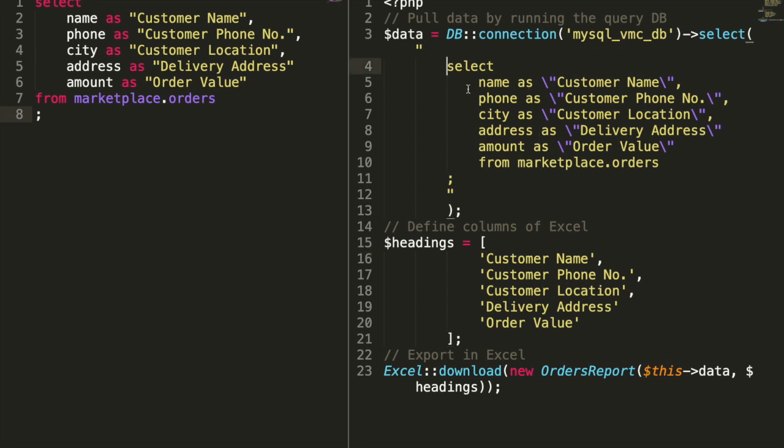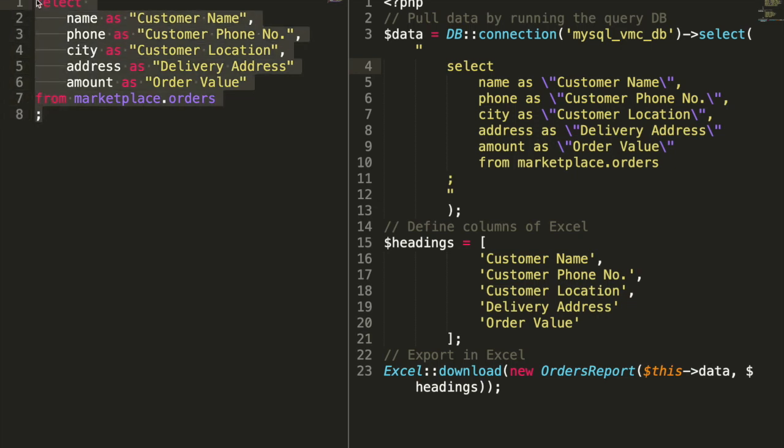In the first part, the change includes escaping the double quotes with a backslash, as this query is itself a part of the string or written in form of a string. So the double quotes within that string need to be escaped with a backslash. In the second part, using the query columns, we only need to derive the column names as elements of an array which are enclosed in single quotes. So let's see how we can do this quickly using multi-cursor or multi-line edit as it is often referred to.